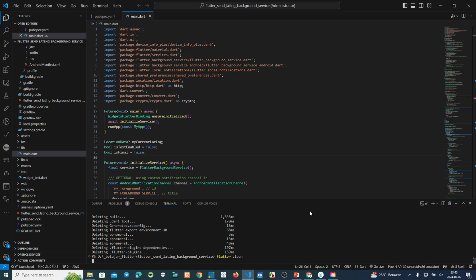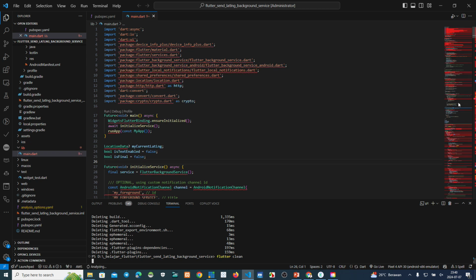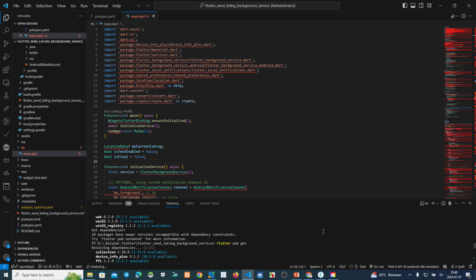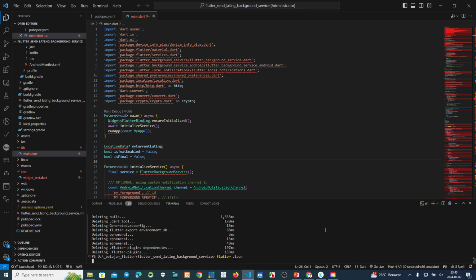Oh, too slow. This internet connection, speed the internet not too fast because okay, this is a red color. Now we try to, oh my god, PubGet.